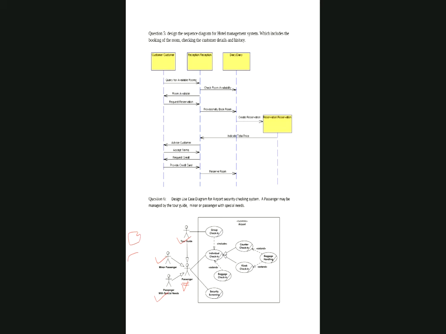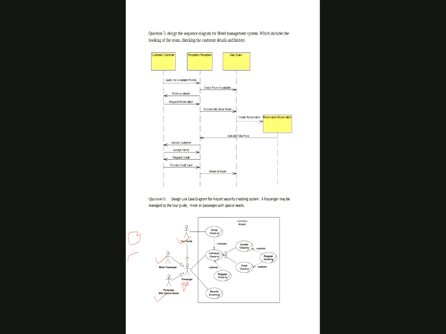Afterwards, it's very easy. You see what functionalities are there in the airport. When you go to the airport, you will have group check-in if you are going in a group. If you go individually, from one place to another, they will do individual checking. In individual checking, they will do counter checking and kiosk checking. What do you mean by kiosk checking?